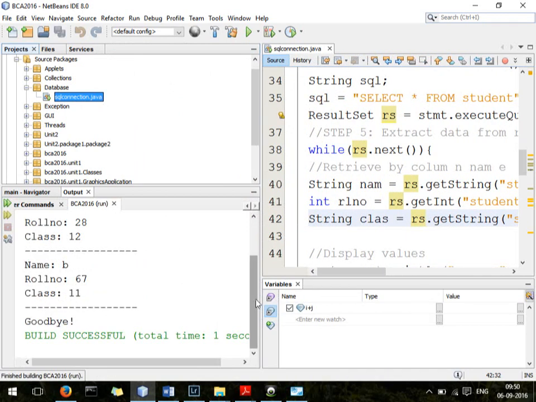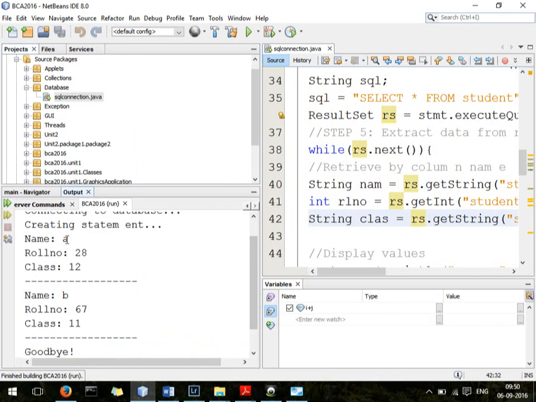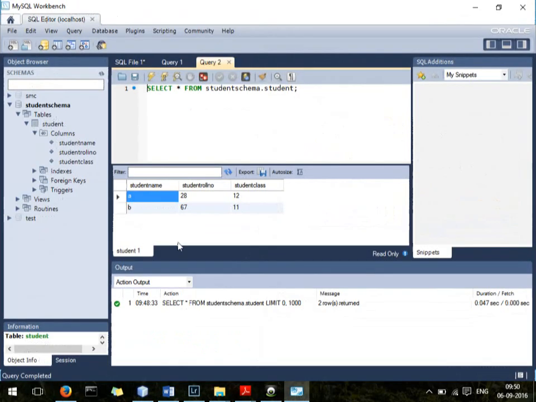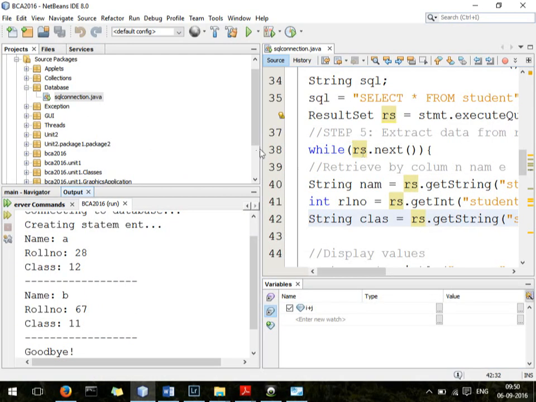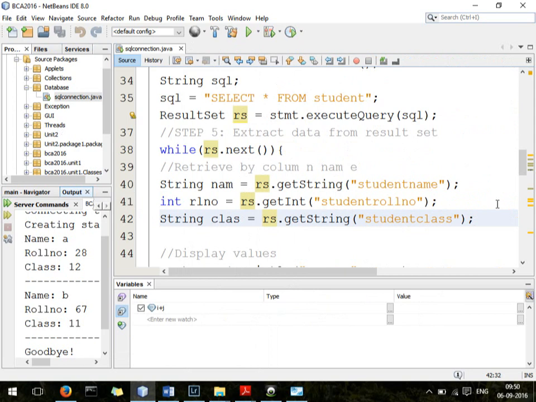There. Can you see that it is connected and it has got data like A, 28 and this one. This is exactly the same thing that we saw in MySQL, isn't it? Now a little bit of explanation of what's going on here, though a detailed explanation will be given to you in the coming classes also.